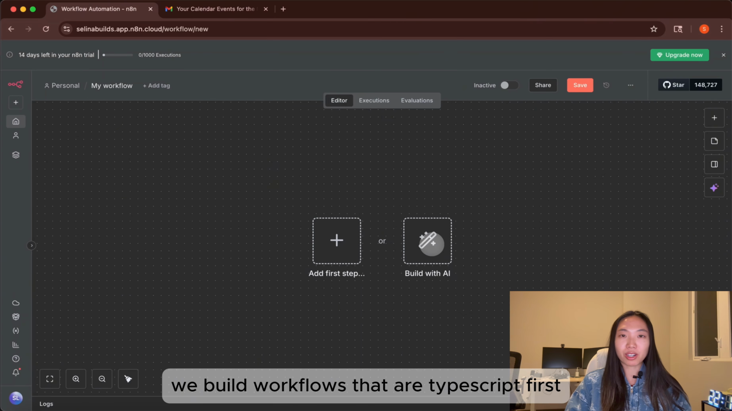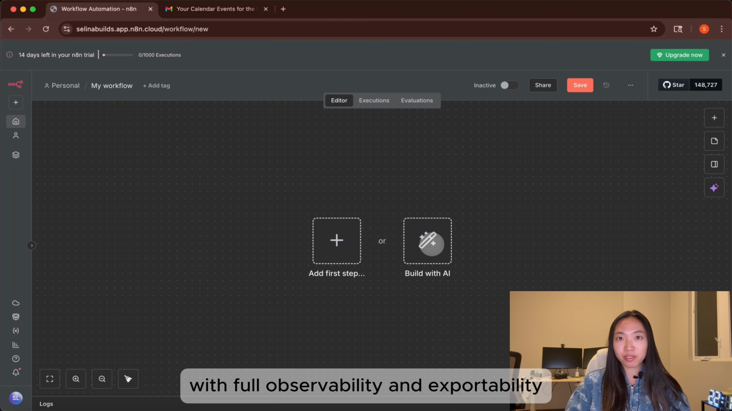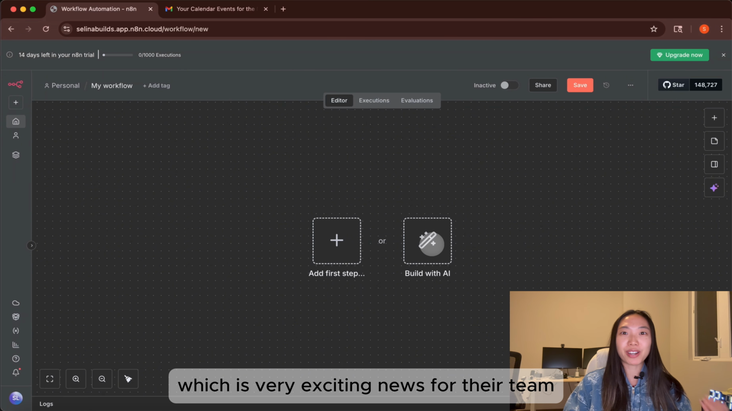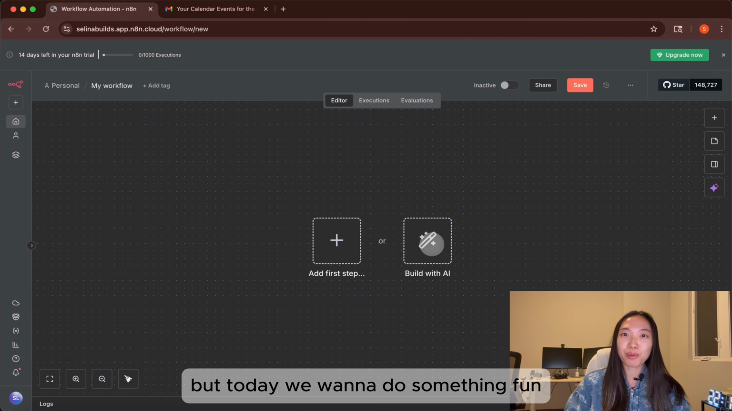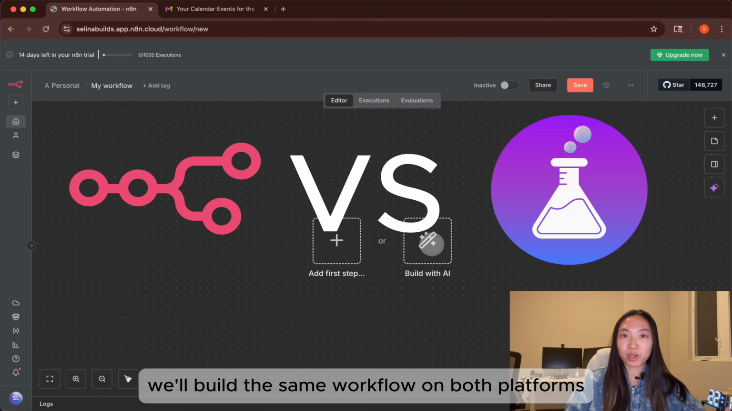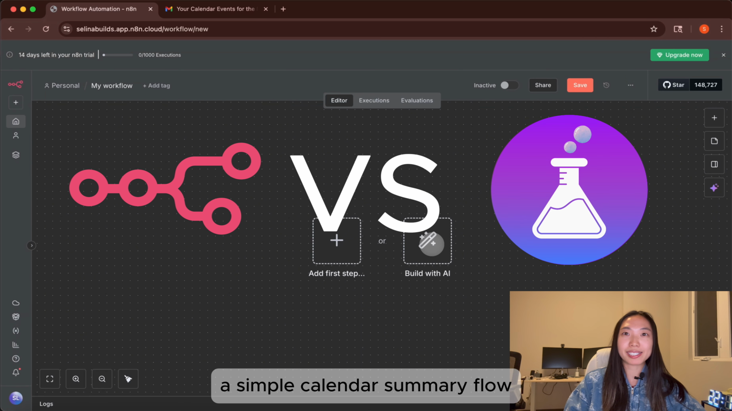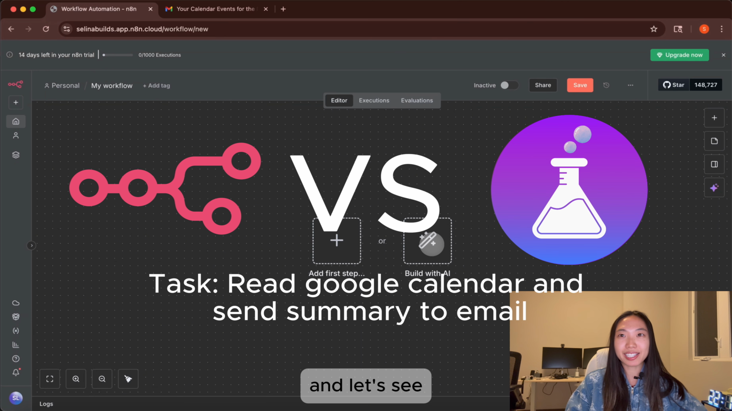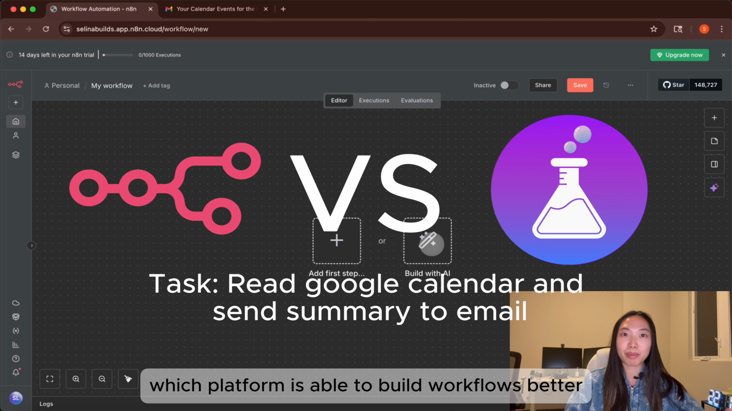We build workflows that are TypeScript first with full observability and exportability. n8n just launched their agent builder, which is very exciting news for their team, but today we want to do something fun and put n8n and Bubble Lab to the test. We'll build the same workflow on both platforms, a simple calendar summary flow that reads upcoming events from my Google Calendar and sends me a summary email, and let's see which platform is able to build workflows better and more